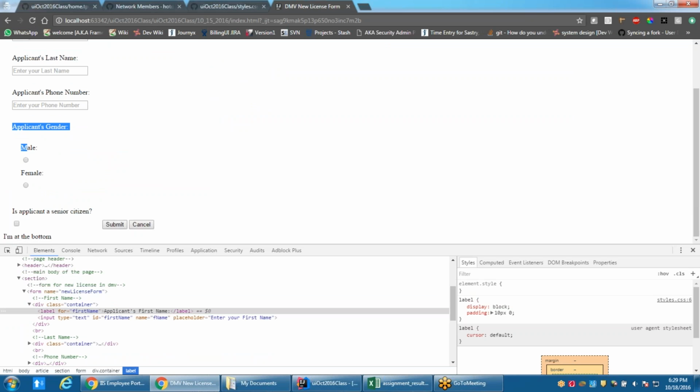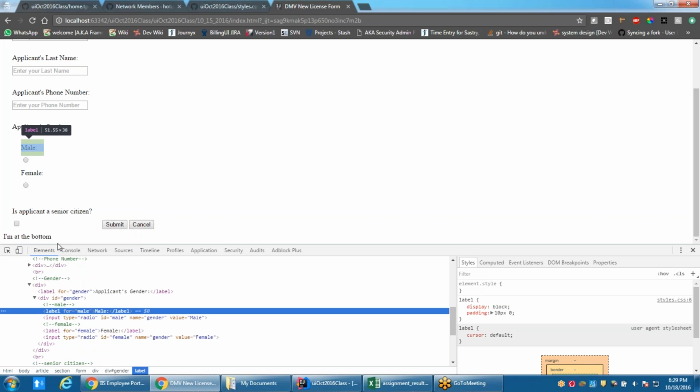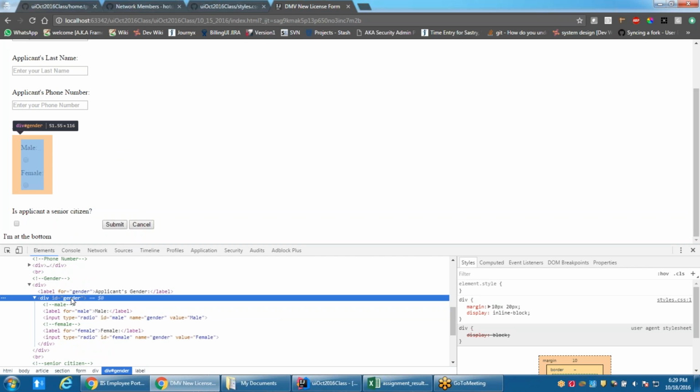Now, the gender is an exception. It is kind of messing up the gender. The male and female should be side by side. And when I asked you in the assignment, I wanted you to add spaces, and this is, as per the assignment, correct. As per the assignment is correct. Okay. But if you want to overcome this issue,